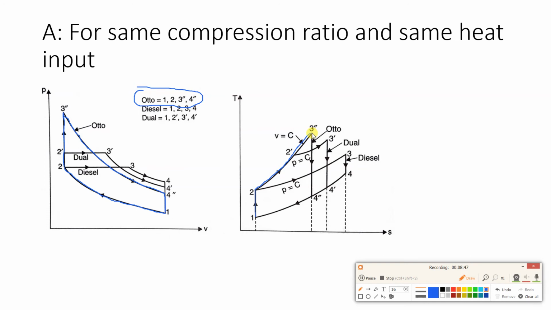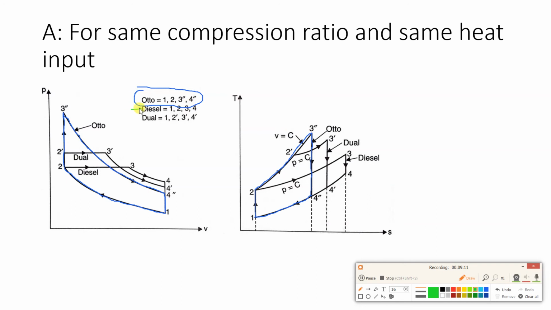Then 3 double dash to 4 double dash is isentropic expansion in the Otto cycle, and 4 double dash to 1 is heat rejection in the Otto cycle. So we have plotted the Otto cycle on PV and TS diagrams. Now next cycle